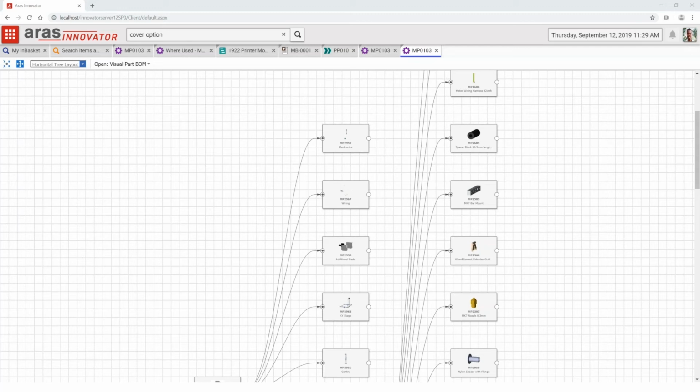Are CAD files able to be downloaded in neutral formats, STEP, IGES, for example? Yes, the conversion server can not only create viewables for you automatically, it can provide various neutral formats as well. That can be automated, or if you only need it occasionally, you could simply create the neutral files yourself and attach those as files to the part, as you saw, just as easily as we attach Office documents or the CAD documents themselves. So easily doable.